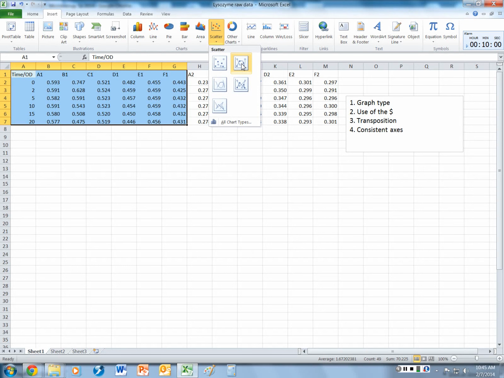The relationship you're going to be graphing here, there's no basis for assuming it's going to be linear or exponential or anything else. However, you do expect a gradual decrease. So plain old scatter is good, but you can use the smooth lines through the markers one as well. And I mentioned to you, never use something that's just lines with no markers, because the markers are your data, and you need to show those in the graph. So we're going to choose this, and